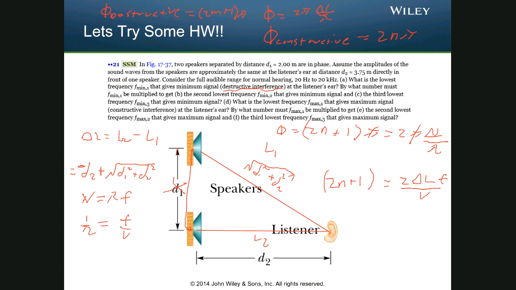And so what I can do here is solve for this frequency, because this is the frequency for destructive interference, and I'll point out the result at the end. We can see here that F equals, it's going to be a big fraction, 2n plus 1 times V over 2 times delta L, which will be, I'll write it here, the square root of D1 squared plus D2 squared minus D2. All right, that's our path length difference. And you'll notice now that we have the frequency in terms of